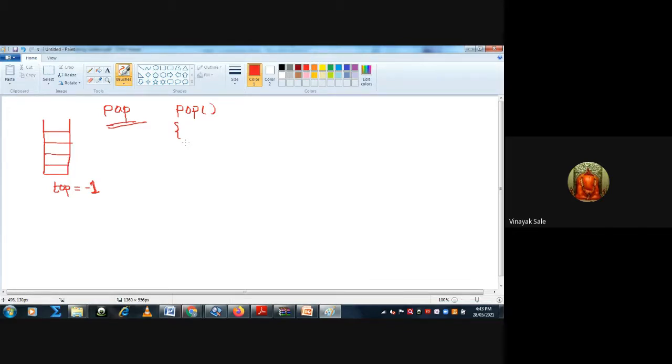So if there are no elements present in the stack, then top is equal to -1. Then I should confirm before deleting the elements.